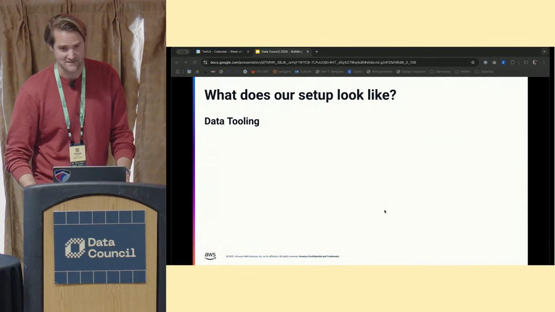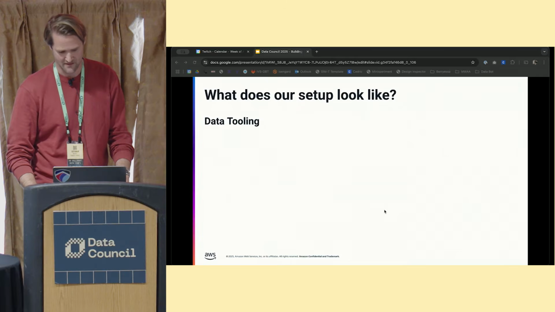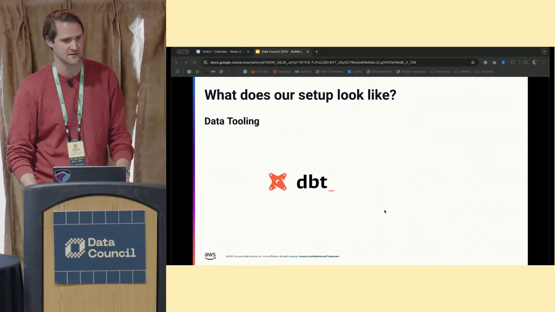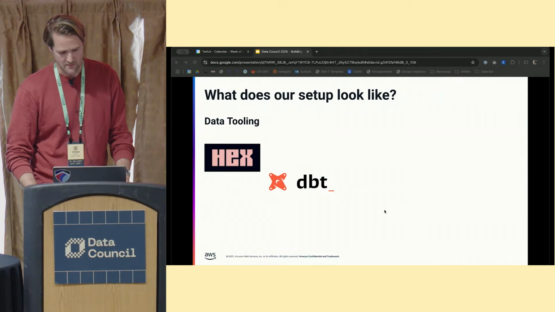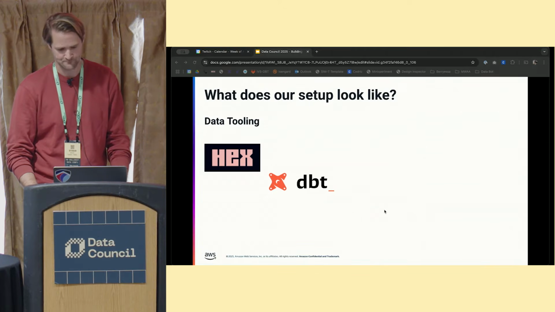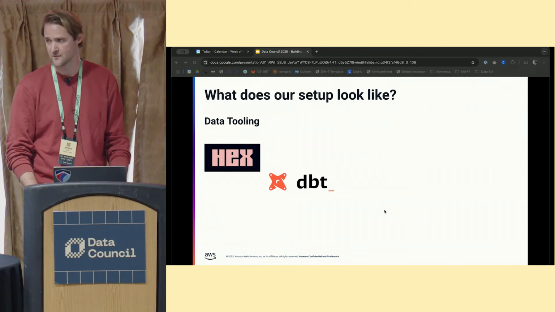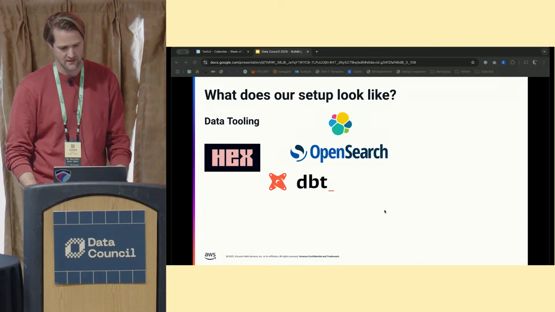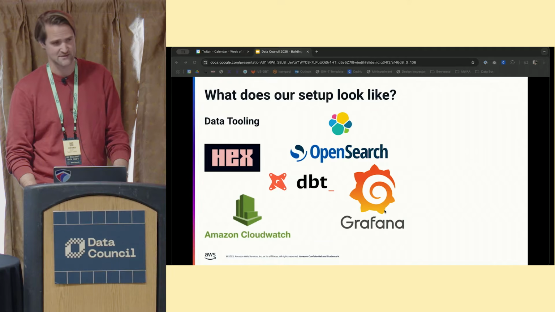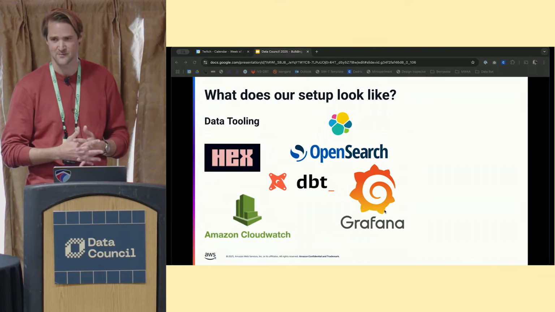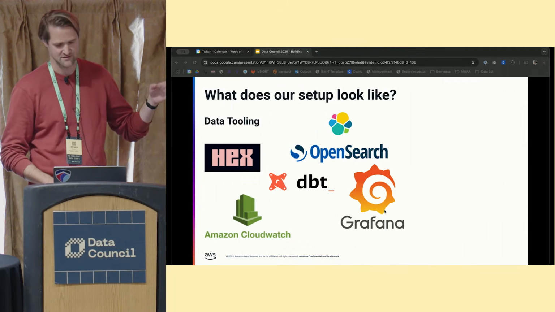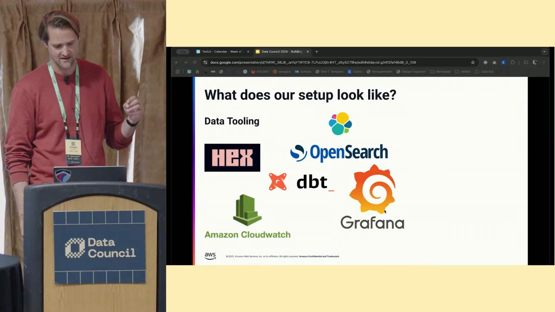So in terms of tools on top of our data infrastructure, we use dbt to do data modeling, dbt core in particular. We use Hex as a BI tool, which is quite nice if you haven't tried it. It's a notebook-first BI tool, which we find to be very helpful. For operations, it's a bit more diverse right now, with teams choosing different tools based on their part of the stack. So we have OpenSearch, managed open source search, which is like an ELK-like stack.